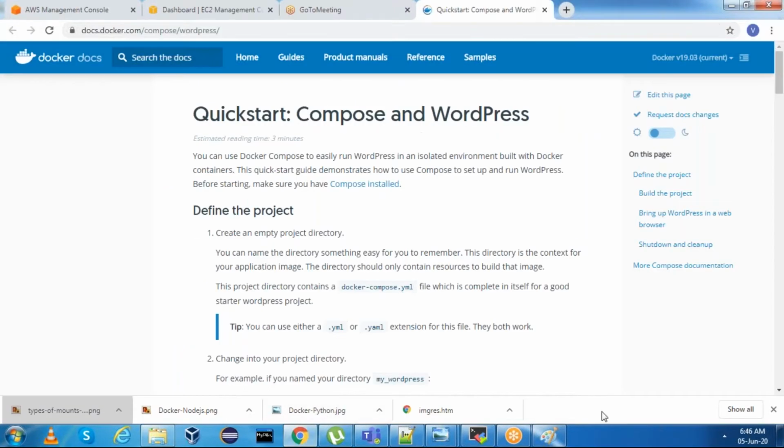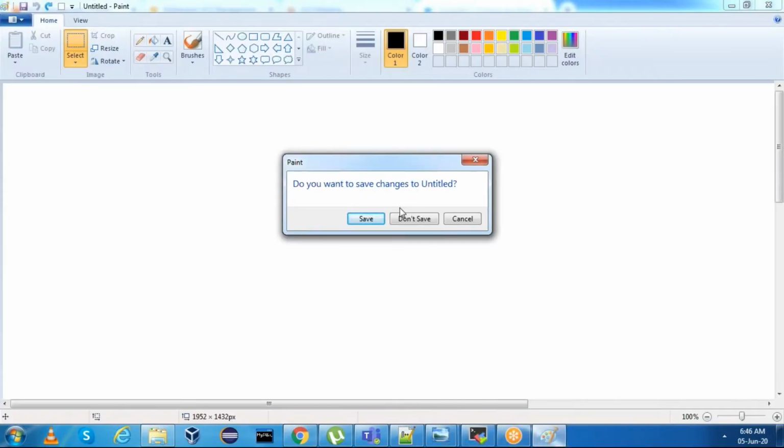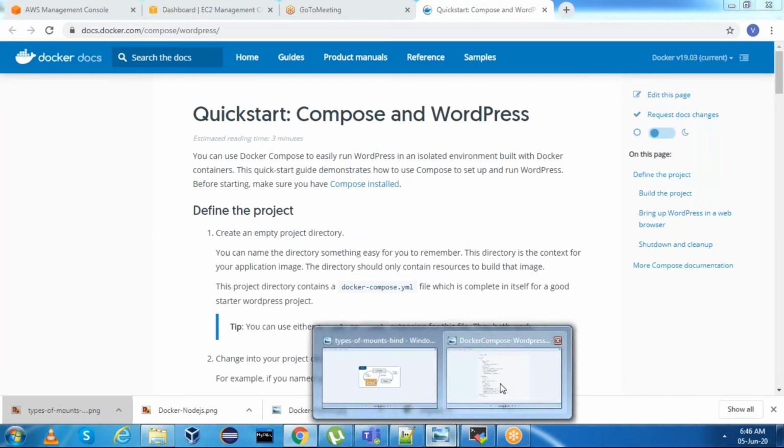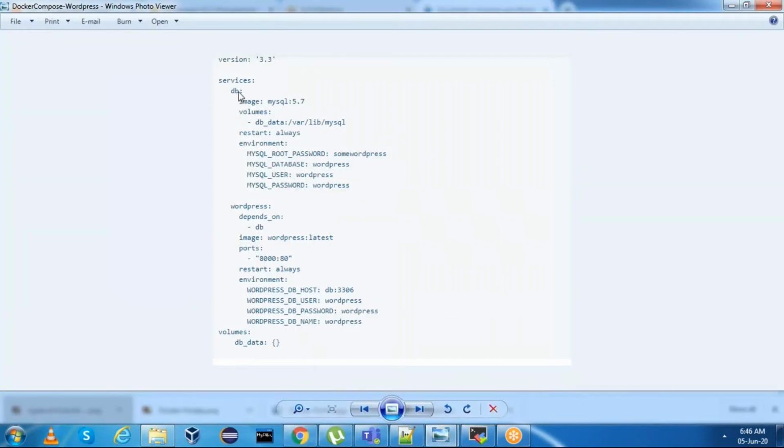For WordPress, we need one database container and one WordPress container. But WordPress needs a database to run. That's why we have created something called depends_on. This WordPress container depends on this DB container.